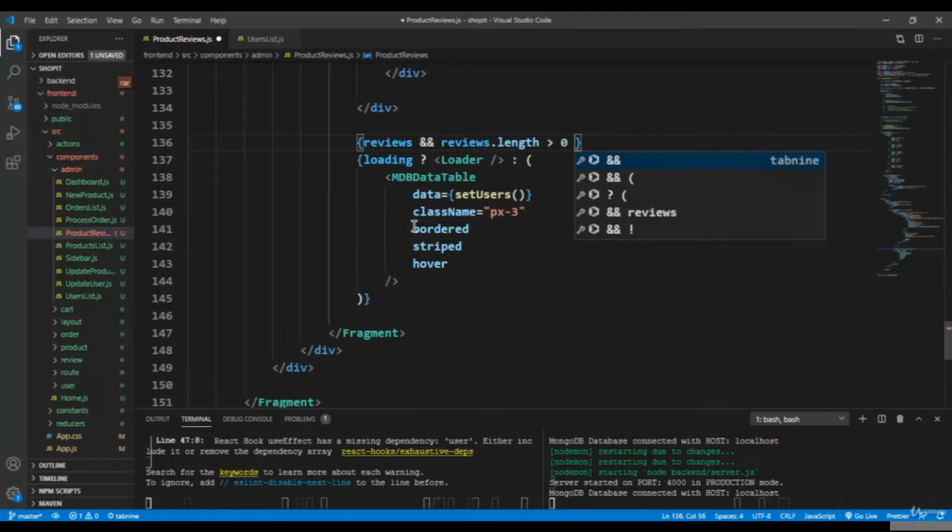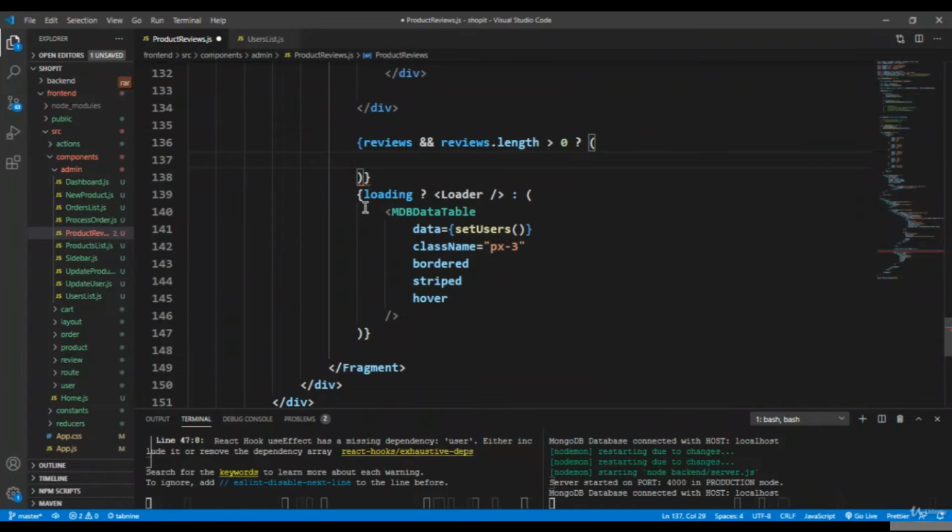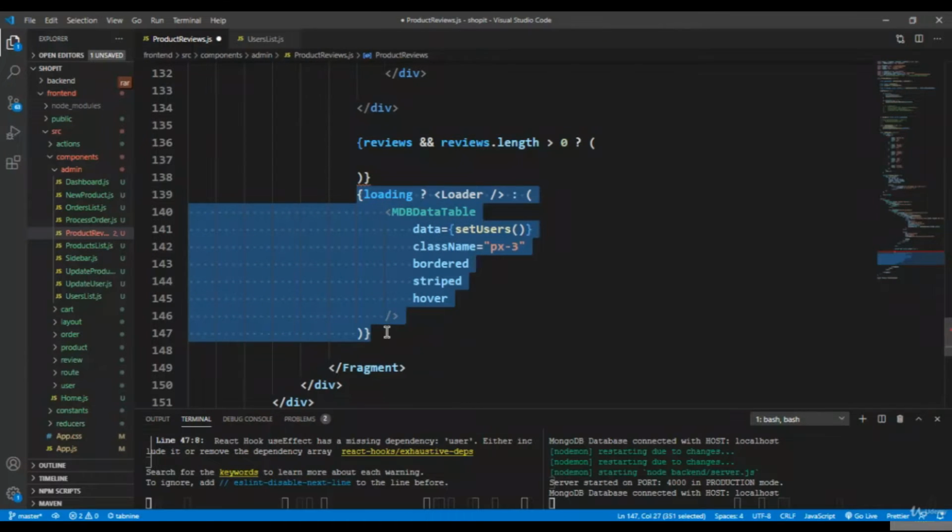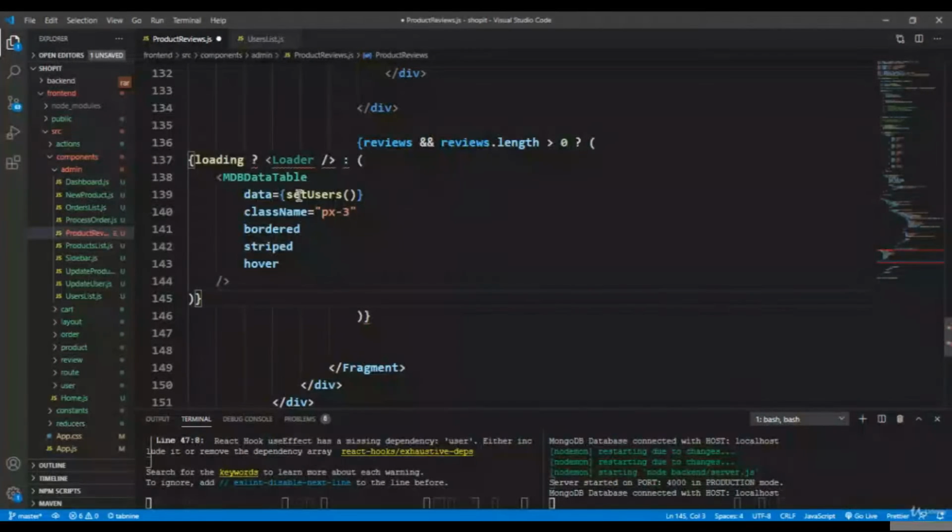Okay, and then I will simply cut this out and put it here, and let's move this loader, we don't need it here. Okay, simply save it,